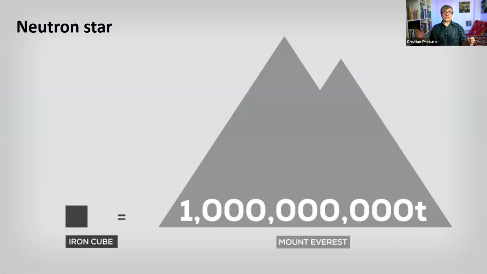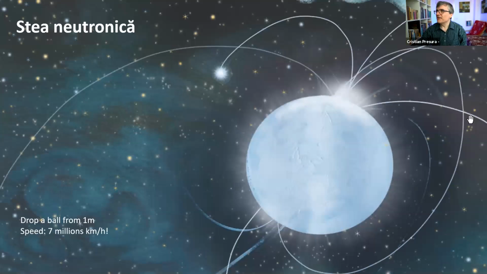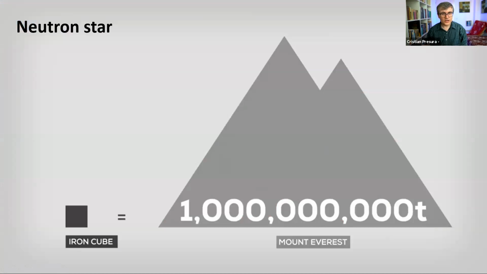Okay, and of course, what would happen if you take a spoon of material of the neutron star? How much would that weigh? I actually have it here. It says a few million tons. So a few million tons if you have a spoon of neutron star material. If you take an iron cube, like in this drawing, then you have a billion tons, like the Mount Everest, they say. So it's just a cube of material heavier than